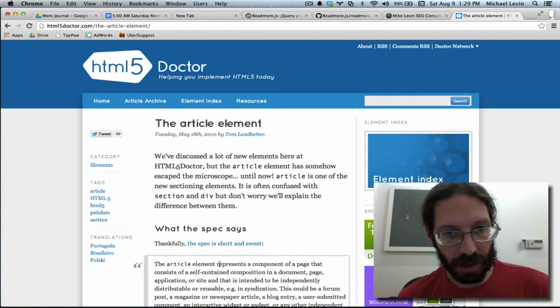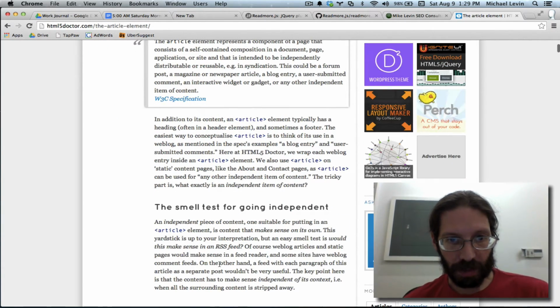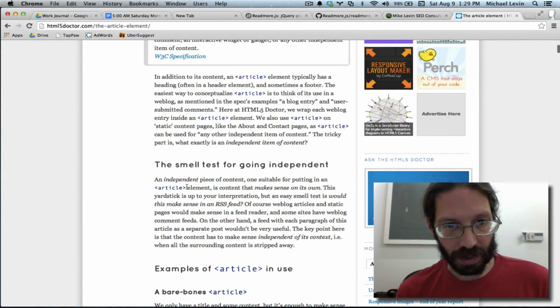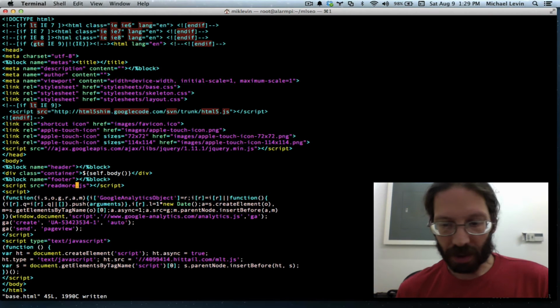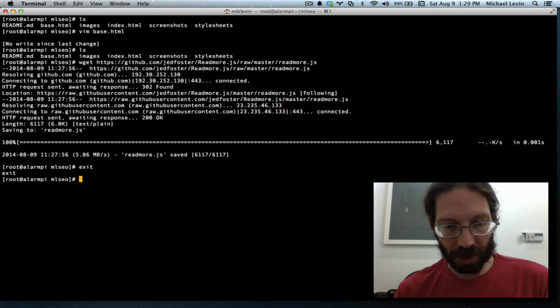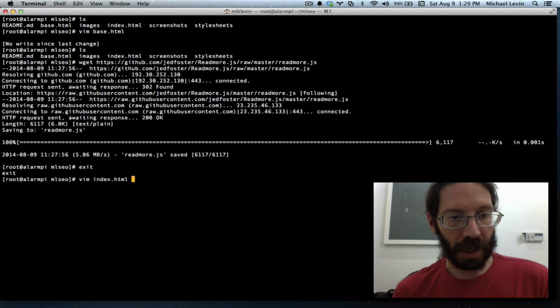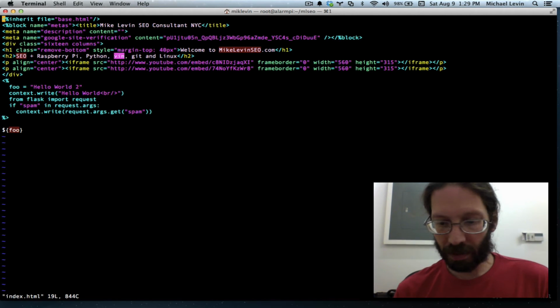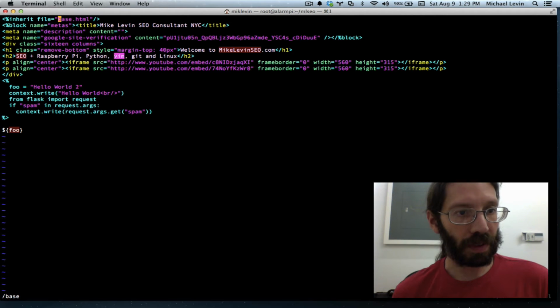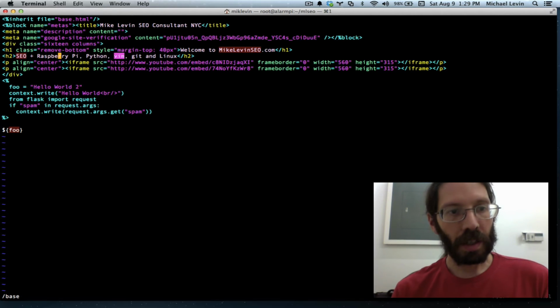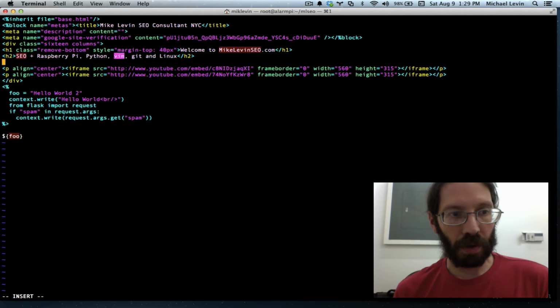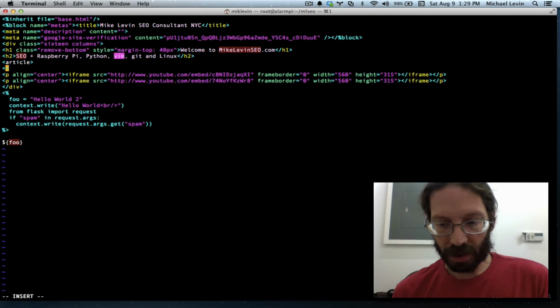And the article element hopefully is simply pointy bracket article. There it is. That's all it is. So I'll pick up that, and I'll go over to Vim, and now this is going to go in index.html, which, as you'll remember, is inheriting from base. So there's the reference to base right there, first line, and I'll put this in under the headlines. Position my cursor, hit O for insert mode, and I do a paste, and I'll just close that tag out